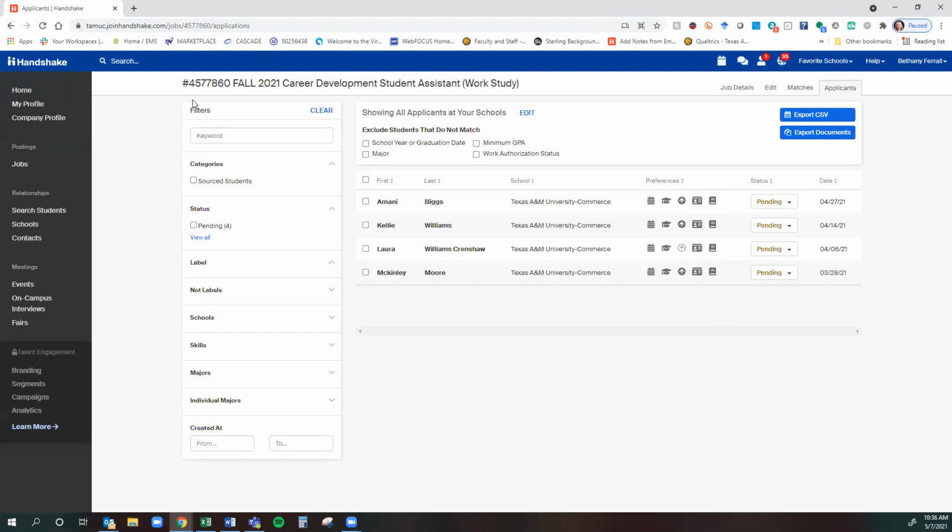And then that number you will need when you go to fill out your paperwork with HR, whether that is adding a job for the student in Handshake in Workday if they've already worked on campus, or doing the new pre-hire form if they've never worked on campus before. So when you're engaging with them, make sure that you ask them, A, if they have work study, if you did not post it as a work study position, and B, if they've ever worked on campus before, because that will predict your next steps. So Jayla and Kayla in HR can help you with the next steps of what to do once you've finished in Handshake,